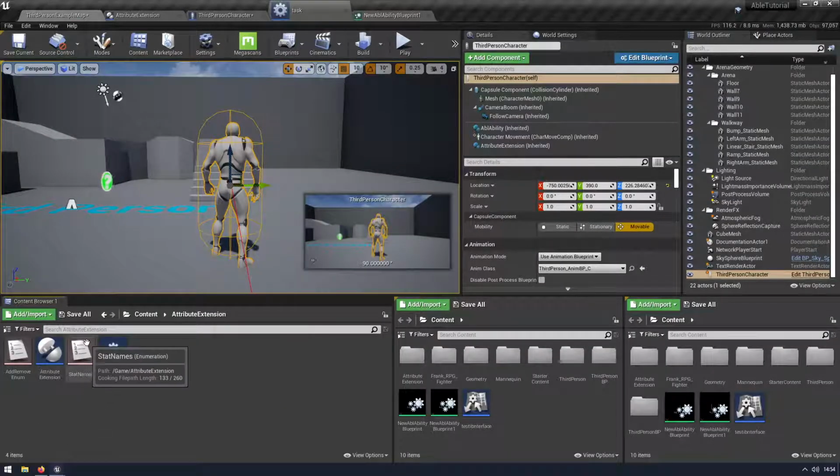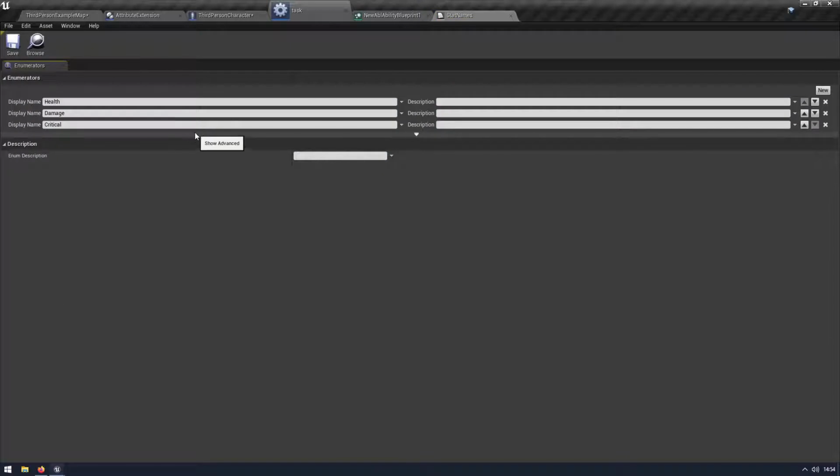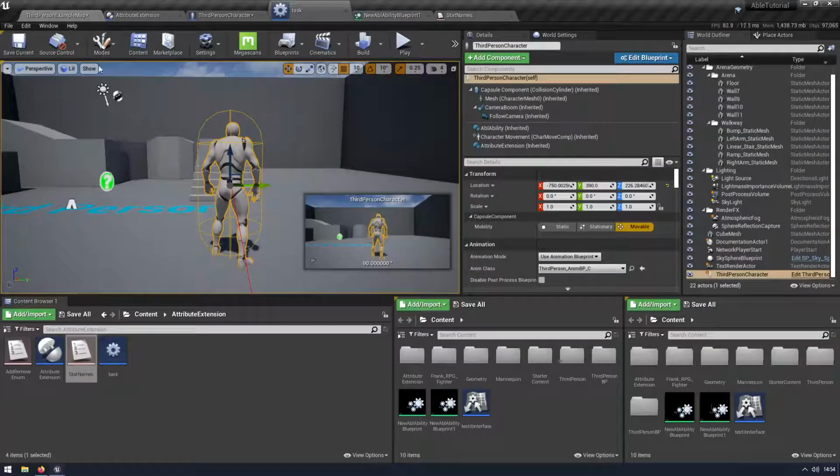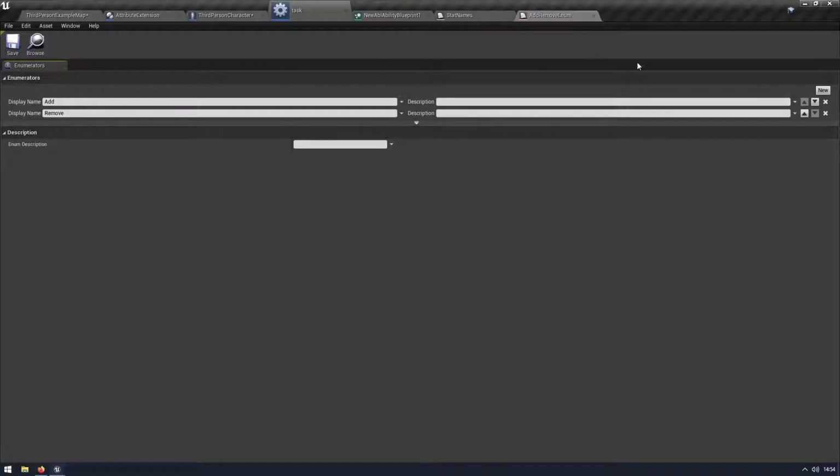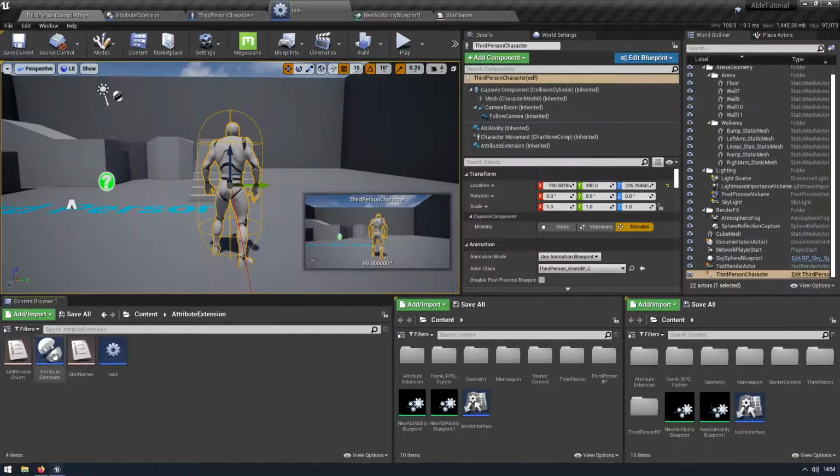So what I went and did was I made a couple of little things. We have, I called this stat name for some reason. It should be attribute name. But in here, it's just a list of enums. I have health, damage, and crit, just to like test things out. I have an add remove enum just so we can do something later. You'll see that. And then I made an